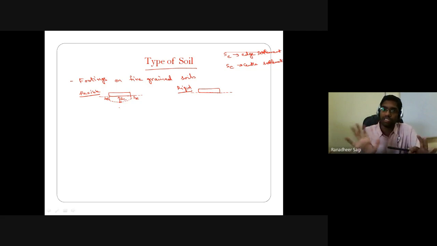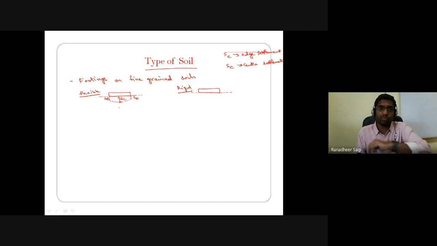It can be flexible or rigid. So when the excess pore water pressures are there at the center of the footing, obviously the strength of the soil at the center, the effective stresses that get developed in the soil in the center region of your flexible footing, are going to be less. If the effective strength of the soil is less, obviously the settlement you are going to have at the center of a flexible footing is going to be more when compared to that of your edges.